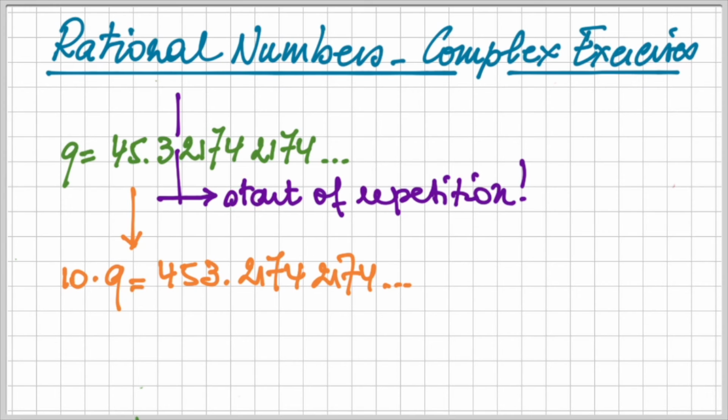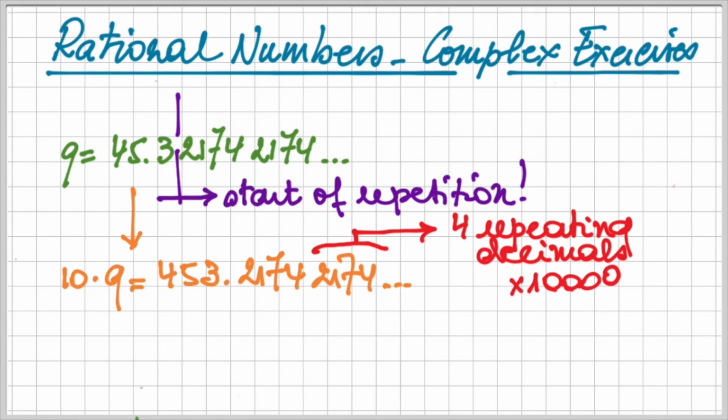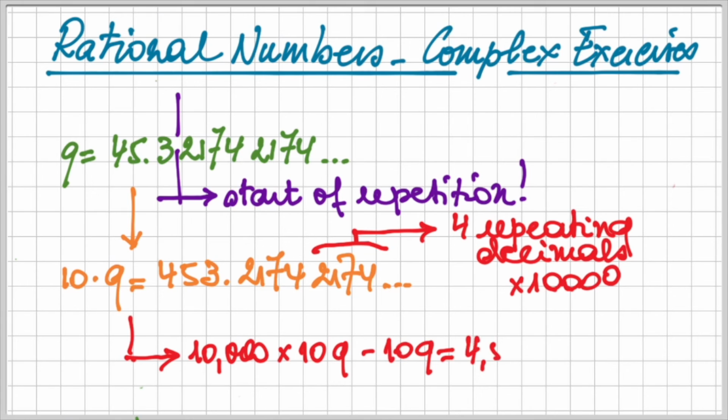453.21742174. And we see that on the right-hand side of the decimal point, we only have the repeating decimals, but we have 10 times Q, and we have to be careful here. So basically, we have again 4 repeating decimals, and we have to multiply by 10,000. But we have to multiply 10Q with 10,000. This means that we have here 100,000 times Q, and we subtract the adjusted value of Q, 10 times Q, and we find